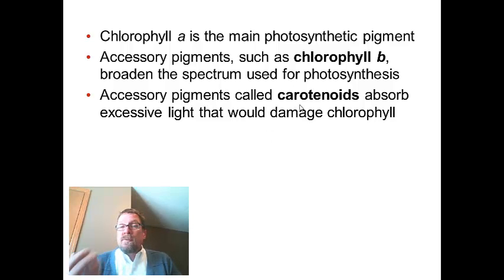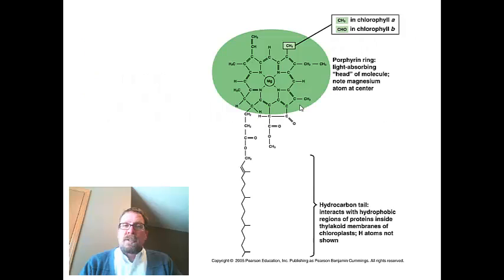And the carotenoids, which are named after carrots, are the orange kind of reddish colors, and also have a main role in helping protect against damage if there's excessive light. And they have processes to relieve the excess of light so it's not triggering things that will damage the cells.